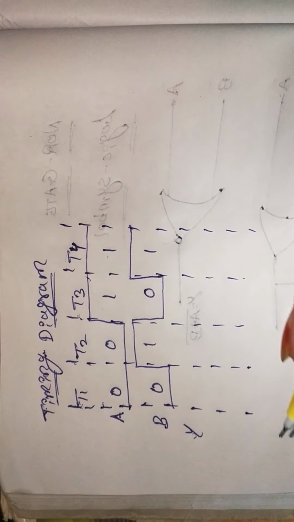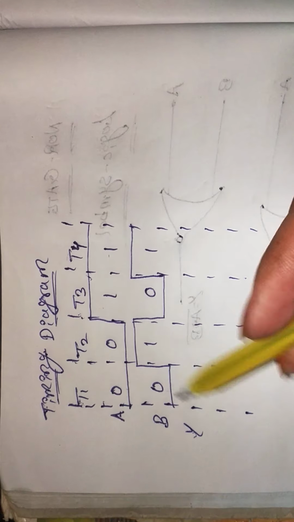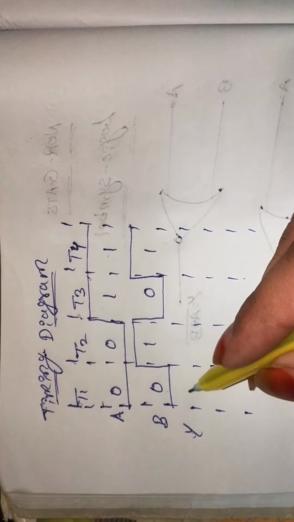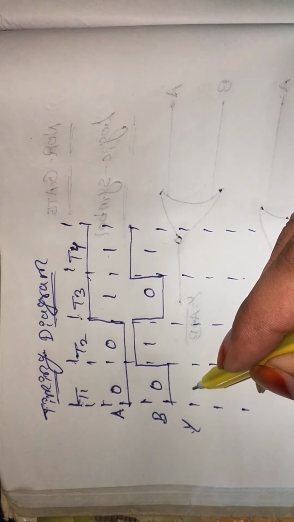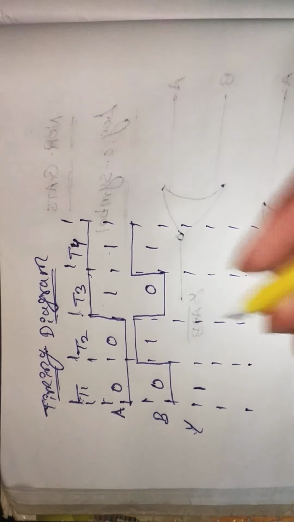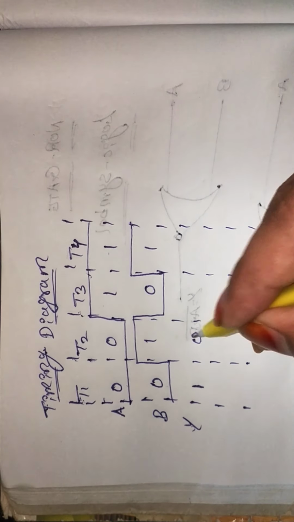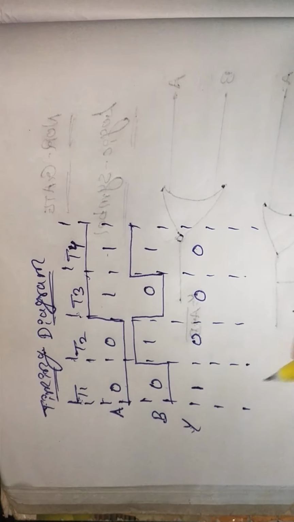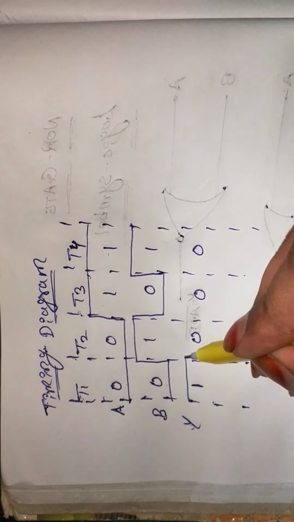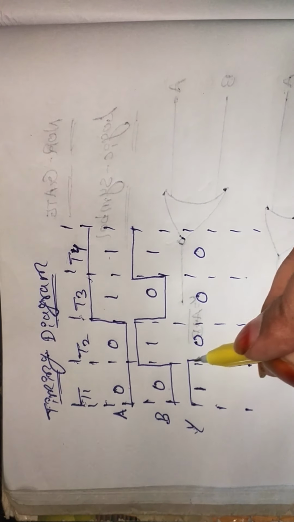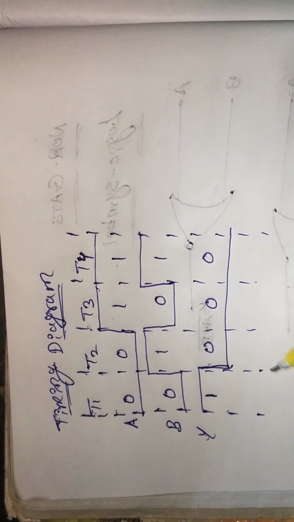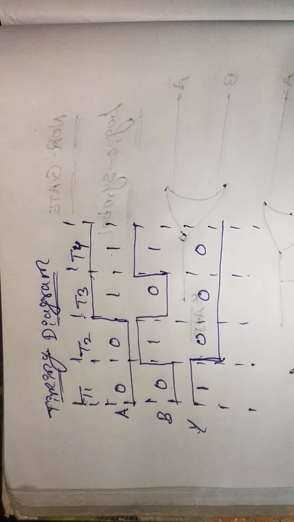The output becomes 0 plus 0. In general addition 0 plus 0 equals 0, but the complement of addition 0 plus 0 equals 1 because of a plus b whole bar. 0 plus 1 gives 0, 0, 0. The timing diagram output becomes one high level, then 3 low levels. This is the complement of the OR gate.